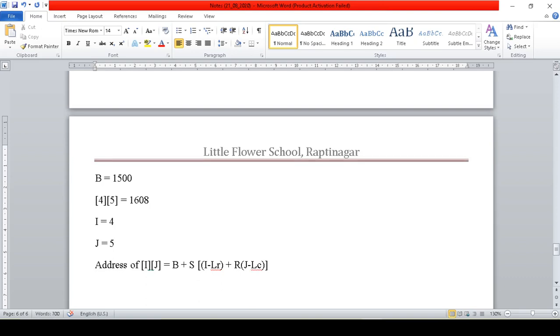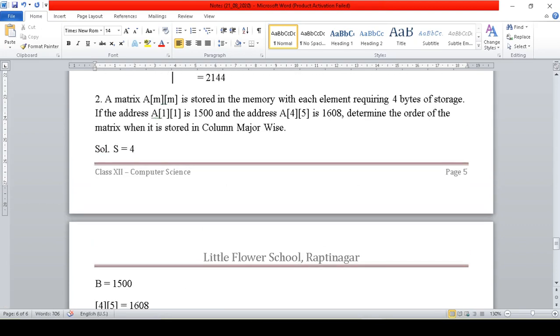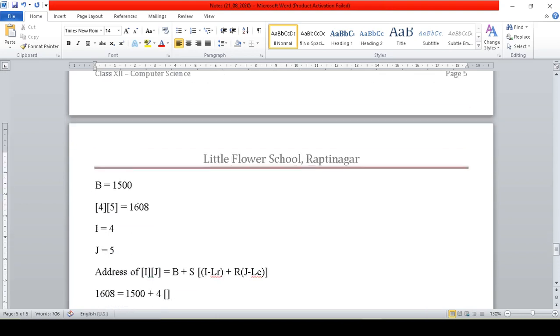Address of ij is given, 1608, is equal to base address, that is 1500, plus size, that is 4, times (i minus lr): i is 4 and lowest row lr is 1, so 4 minus 1, plus r, which we have to calculate, and j is 5 and lc is also 1, so 5 minus 1.